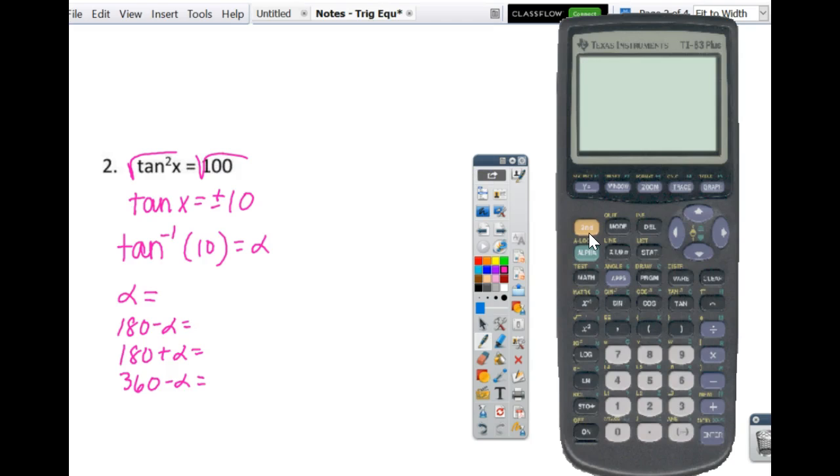So I'm going to do the inverse tangent of 10. So I get, for my reference angle, 84.289. So I'm going to store that. So I'm going to take 180 minus